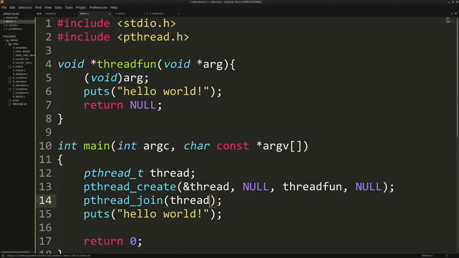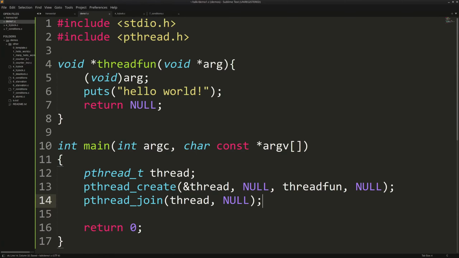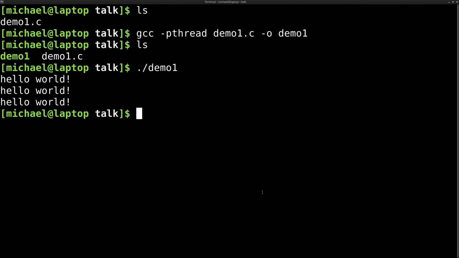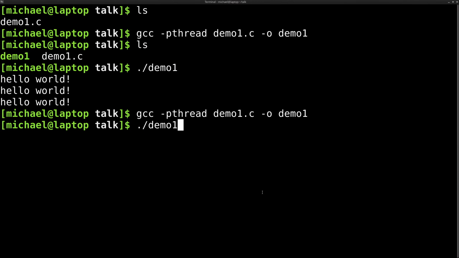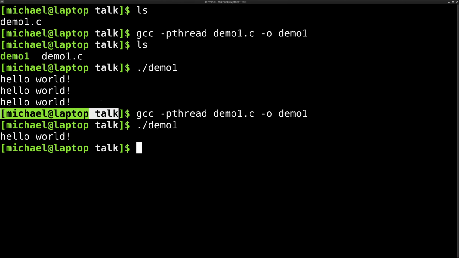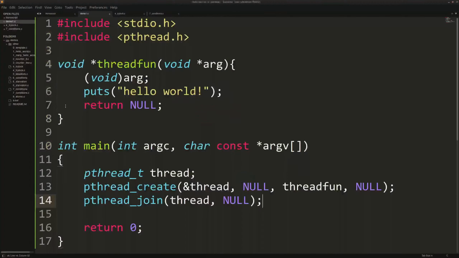And it also expects you to handle the return value, but I'm not returning anything, so I'm just going to pass in NULL again. And we're going to remove the hello world from our main function. And now I think you will all agree that we expect a single hello world to happen. And it works, a single hello world, and no more weird extra hello world bugs.